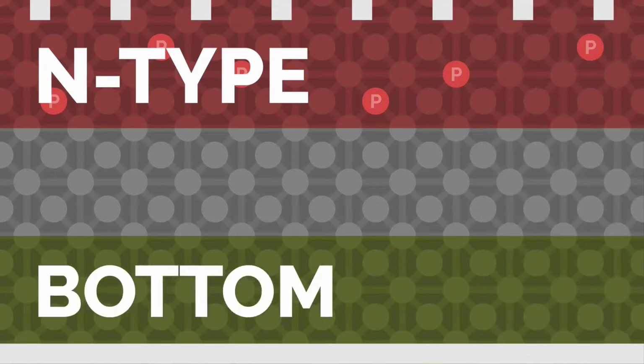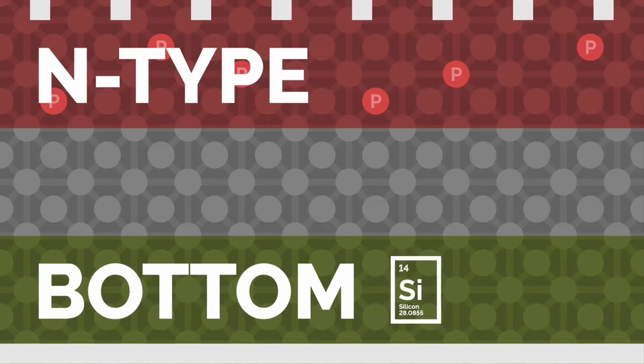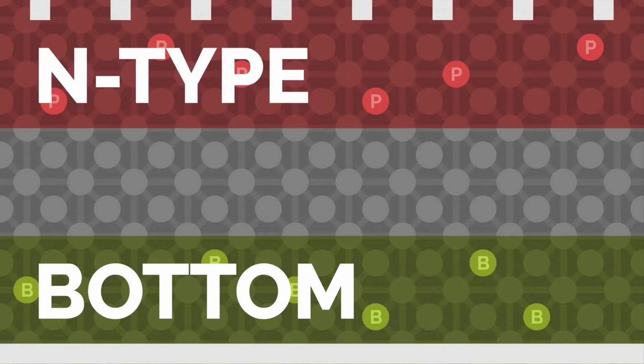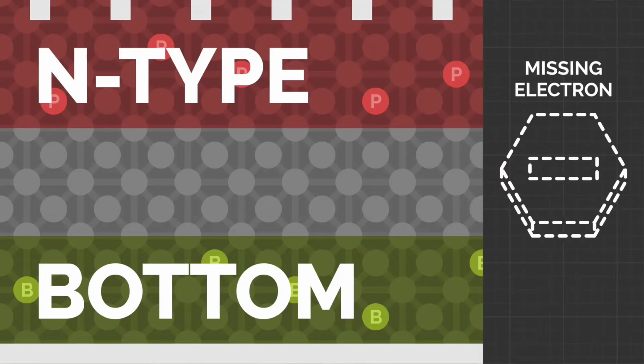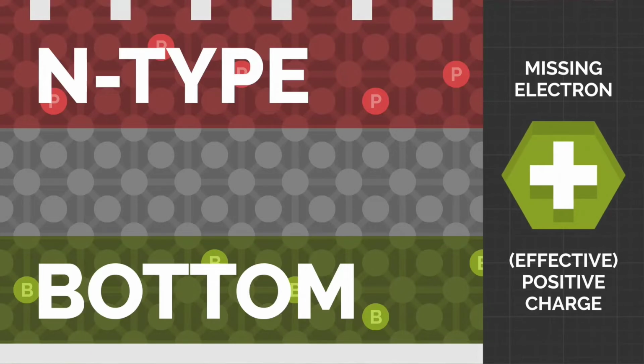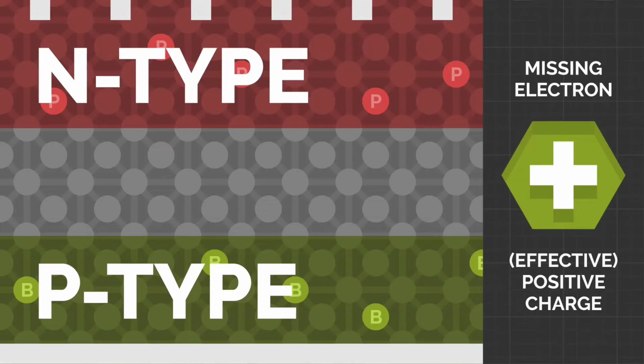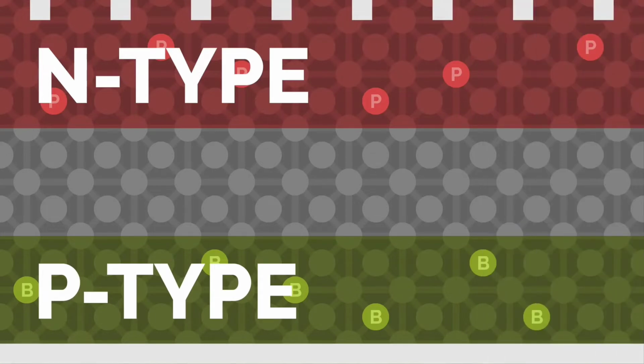The thin bottom layer contains both silicon and an element such as boron that has fewer electrons than silicon. This gives the bottom layer fewer electrons that are free to move, making the material less conductive for electrons. A missing electron can be described as an effective positive charge. Therefore, the bottom layer is called positive type or p-type, as it preferentially favors the collection and transport of holes.